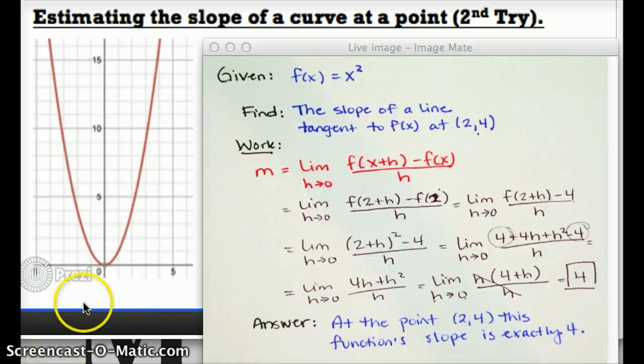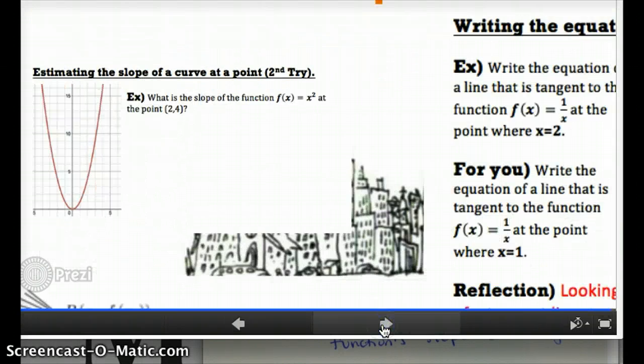So I would like you to do a couple practice problems. Setting up this limit is a little bit tricky. The simplifying is almost always going to look pretty similar, but it's worth practicing a couple times because we have a test coming up. Unfortunately, there's very little time left in this video, so I'm going to stop,